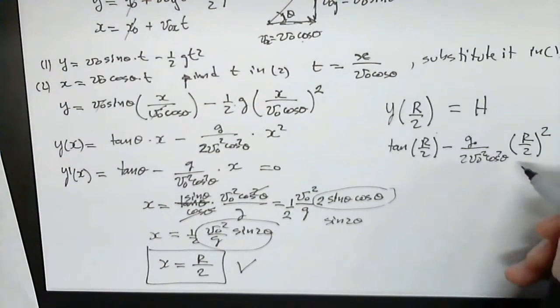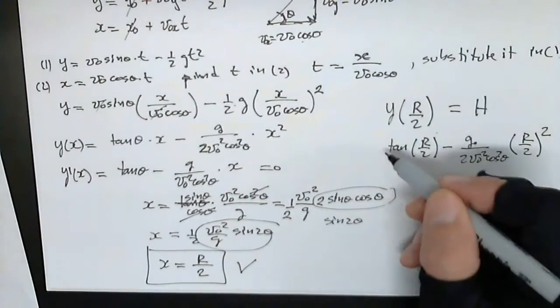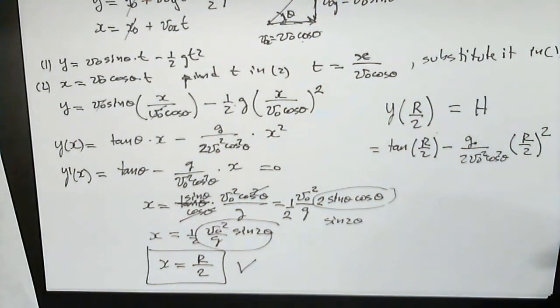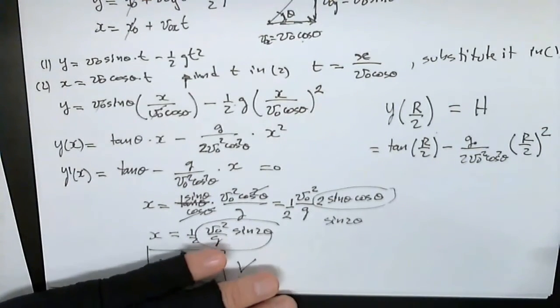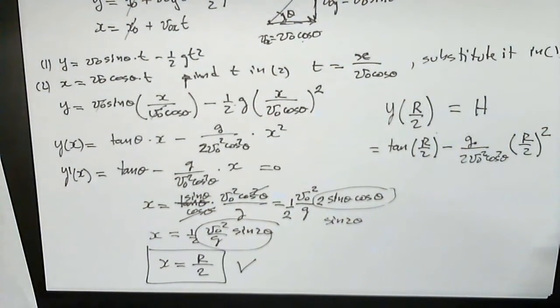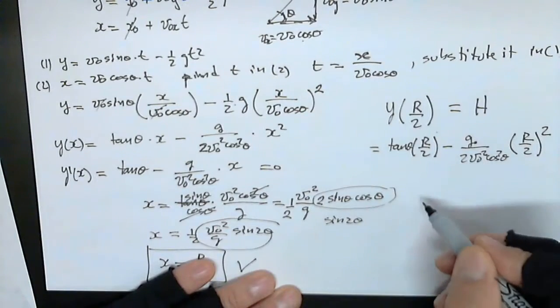And that's supposed to simplify to h, which is v naught squared sine squared over 2g. Okay, so let's do it. So you have tangent